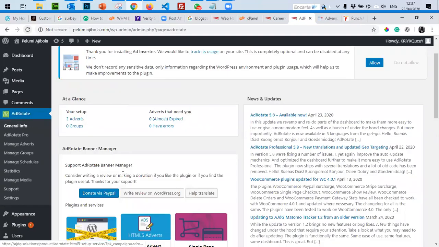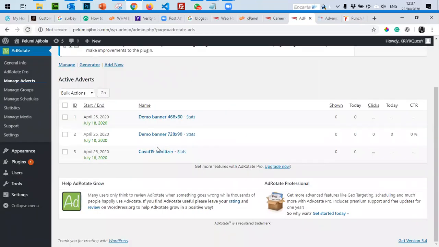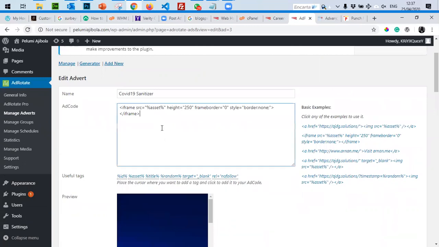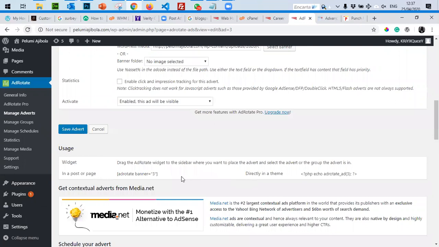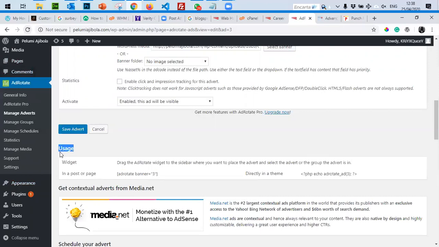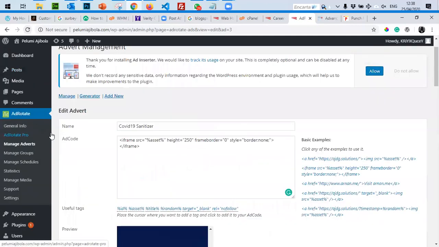So it's a case where we're supposed to read through the... oh, sorry. So this is what I was supposed to do. In a post or page, anywhere you paste this. But you can see that the document says use it, so that you know where to use that particular advert.